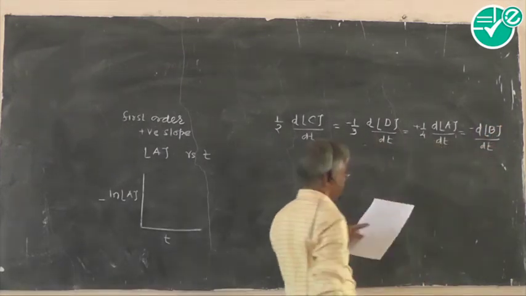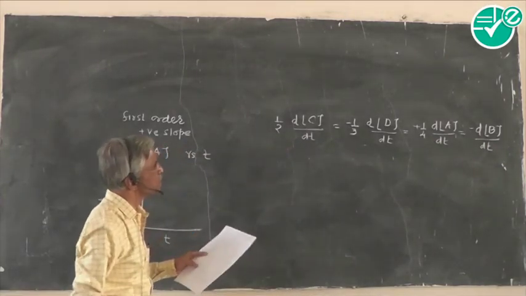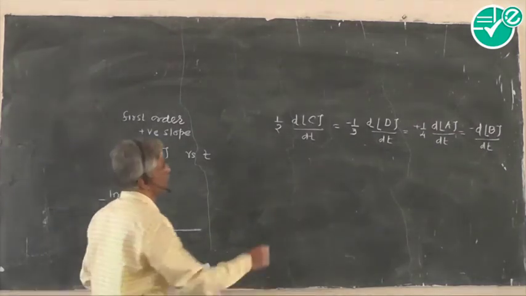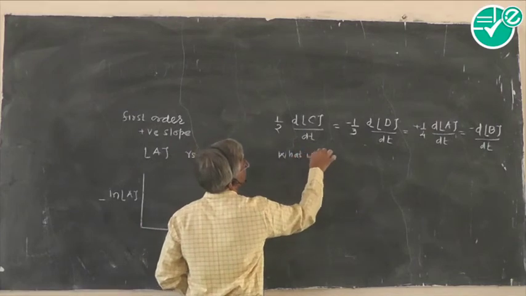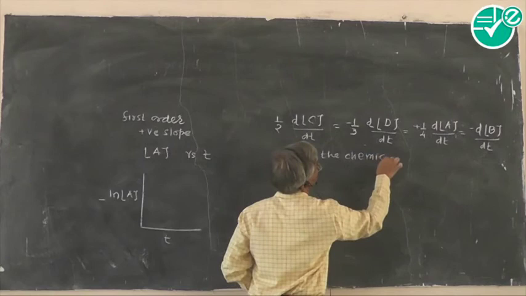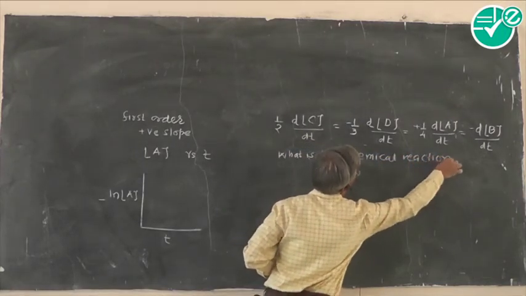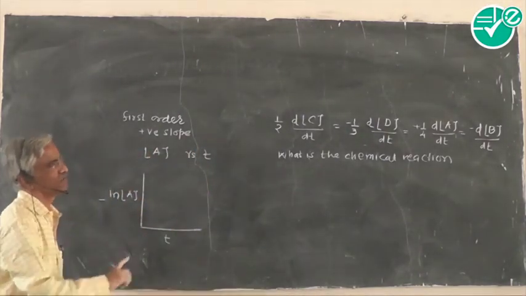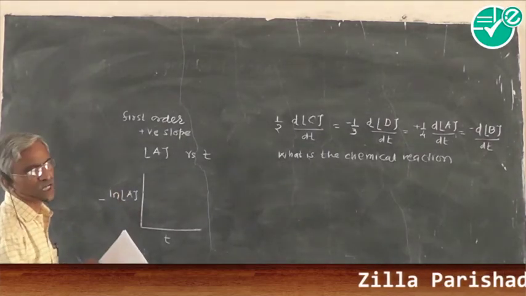Now what they are asking is, if this is the expression of the instantaneous rate of reaction, what is the chemical reaction? And this is very simple. What we have done for determining the instantaneous rate, make a reverse of that. Only look at the negative values which have been provided.